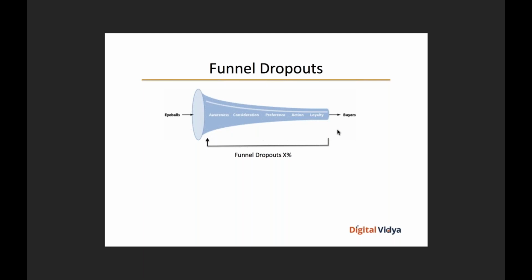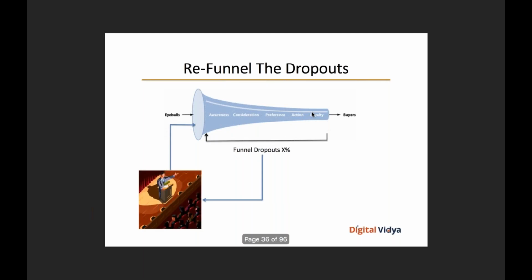You need to make sure that your audience aggregation efforts and your content marketing efforts talk to audiences at every point in the entire funnel, and not just people who are at the point of action, but people at the point of preference, consideration, and awareness. These are the same things I spoke about earlier. You've got icy cold leads, cold leads, and hot leads. So these could be your icy cold leads, these your cold leads, these your hot leads, and these are your customers and your repeat customers. Does that make sense?